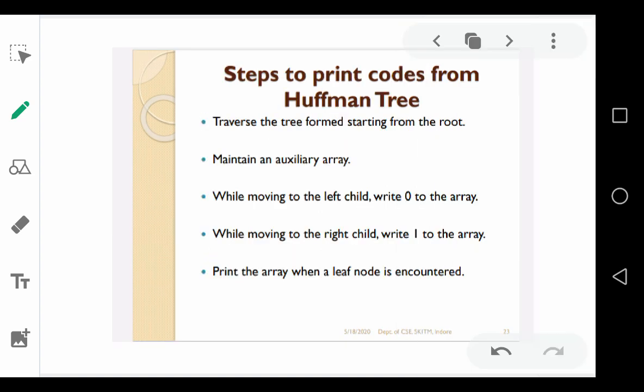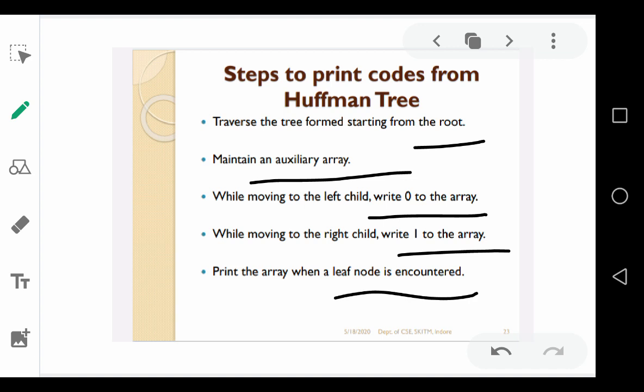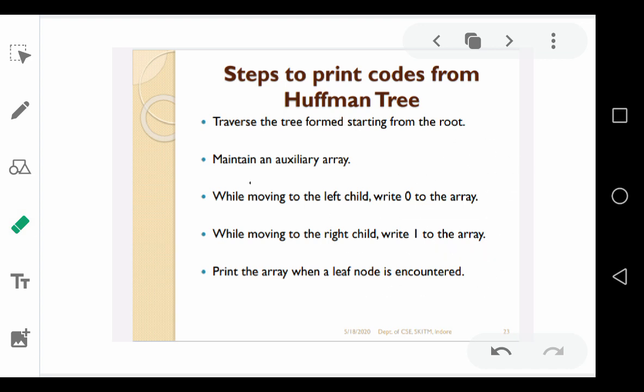After constructing the Huffman tree, the next step is traversing the tree starting from the root. We go in a top-down fashion, maintaining an auxiliary array. While moving to the left child, we write 0 to the array. While moving to the right child, we write 1 to the array, and we print the array when a leaf node is encountered. In simple words, if we are encoding each of the above branches, the encoding